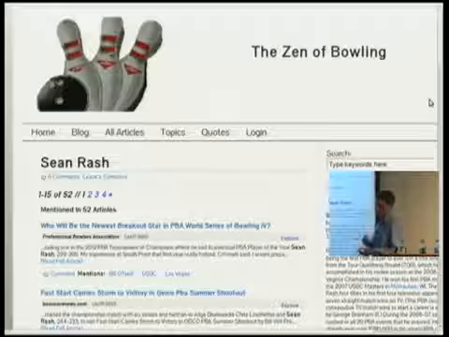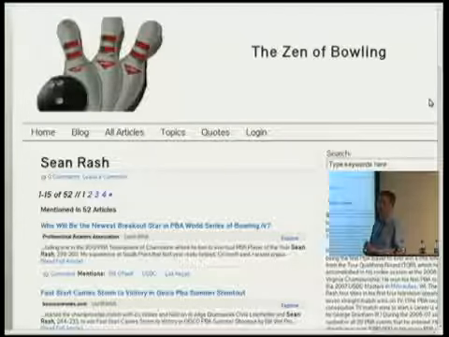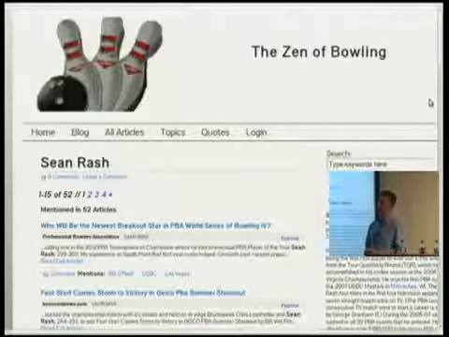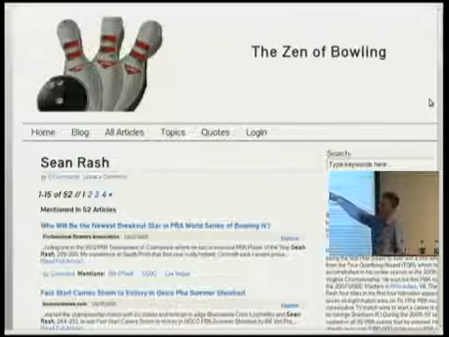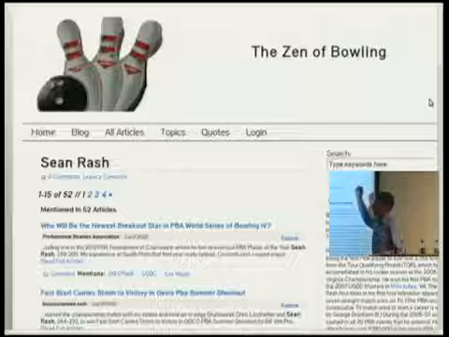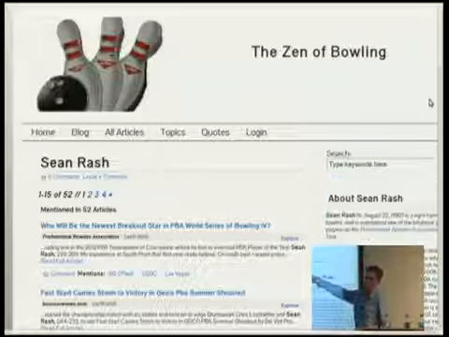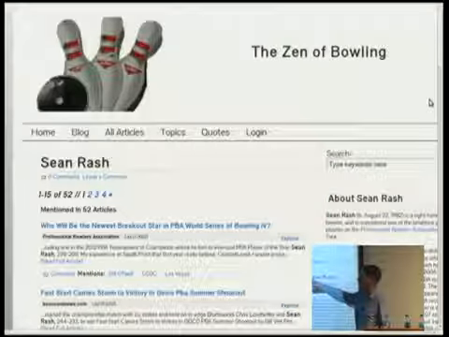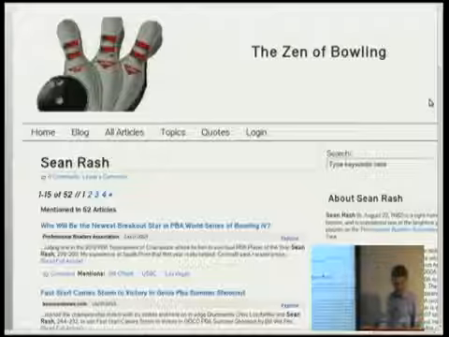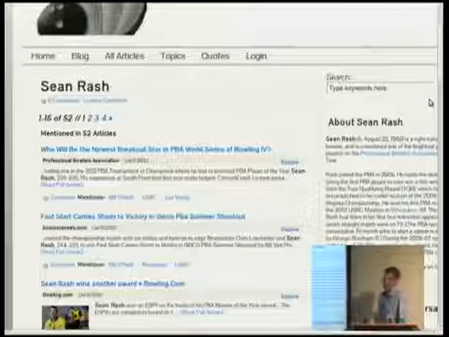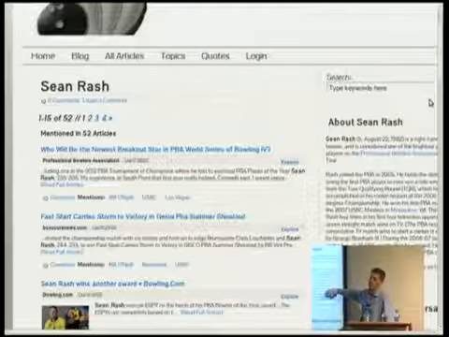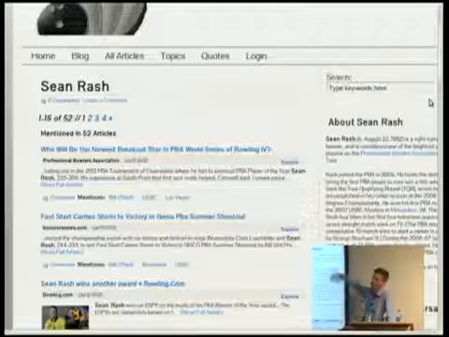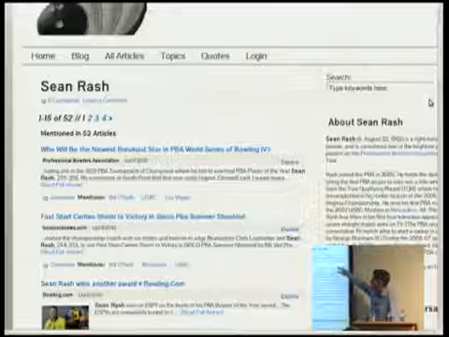And since the product is geared towards marketers, we make it really, really easy for them to find stuff and organize it. This is Sean Rash as a bowler. This is every article I've ever indexed that mentions Sean Rash. And once I say Sean Rash as a person, all kinds of things happen automatically. It fetches his Wikipedia profile. It says, did you mean the swimmer, the bowler? And I say the bowler, and all this gets imported.